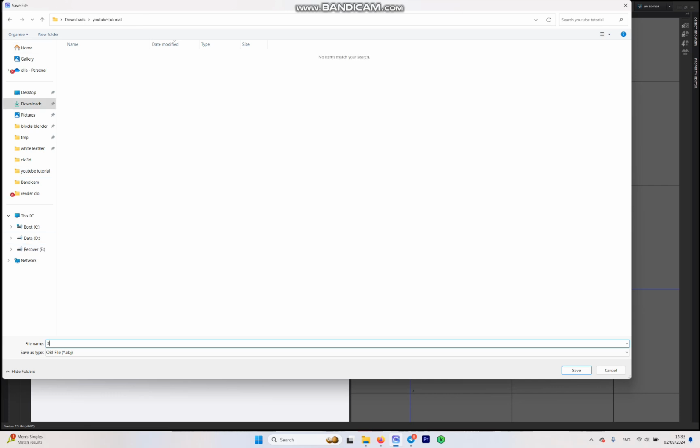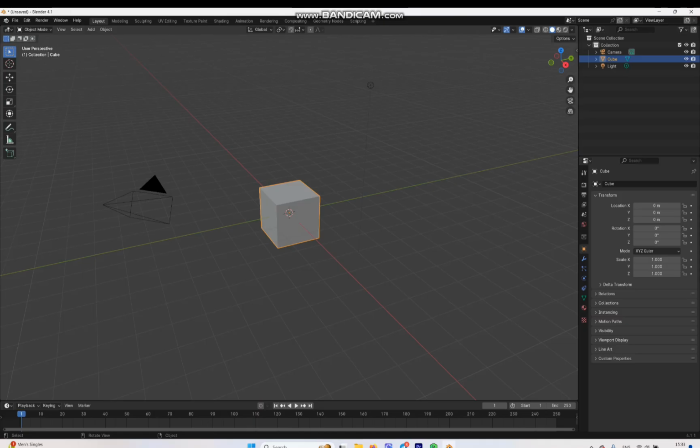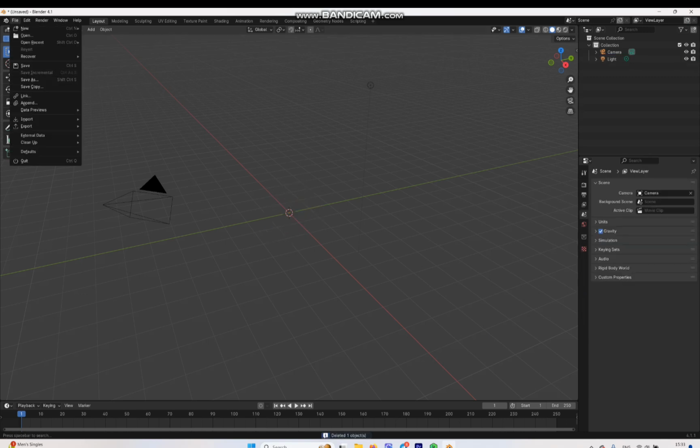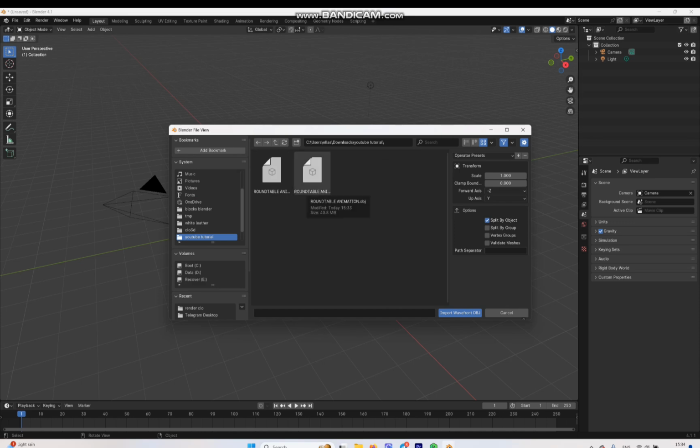Round table animation, and you need to select all patterns, not avatars, and then set it to thick, and go with the unified UV, and okay. Let's hit the delete key on the keyboard to delete the cube. Go to file, import, and Wavefront OBJ. Let's find a round table animation